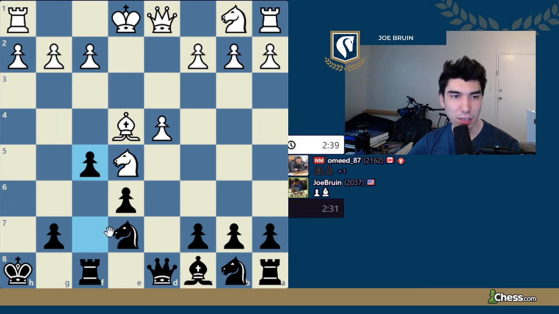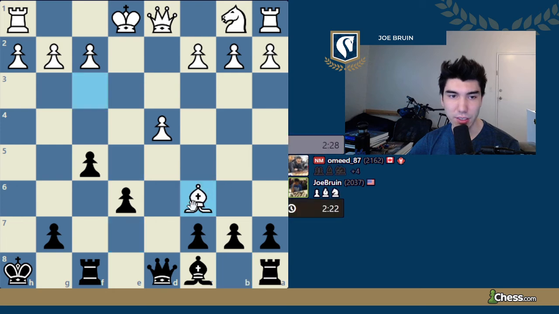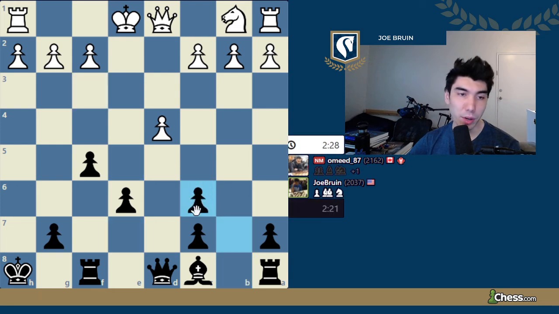I play f5. He goes back, and I develop my knight. And again, this is probably a mistake because very simply, white can just trade down here and say, hey, I'm up a pawn. Your king isn't very safe, and your pawns are really bad. So Omid here, very solid structure. Very good